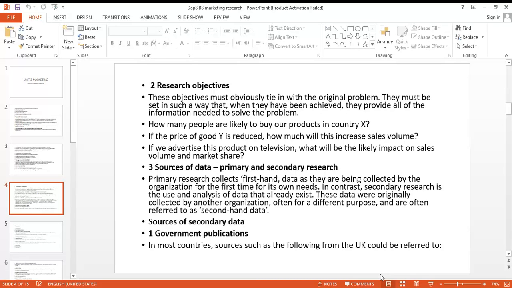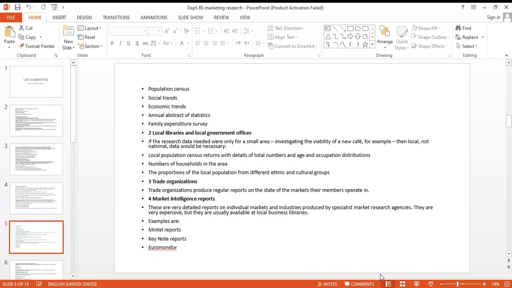Sources of secondary data are government publications first and foremost. This comes in really handy. Please remember, the government is the government because it has data. It has so much data on everyone that it uses that data to control the entire country. The reason they are running the country means that they have a potentially unlimited amount of data.